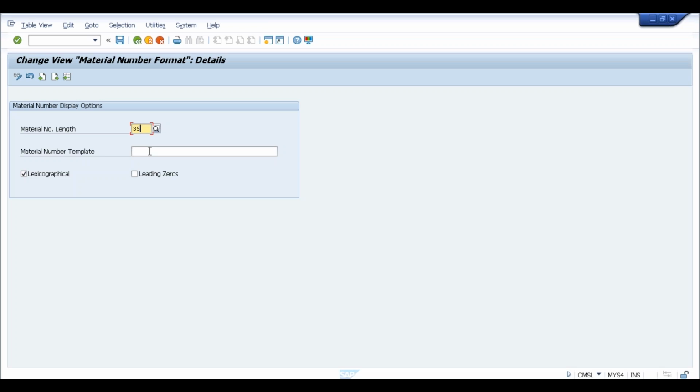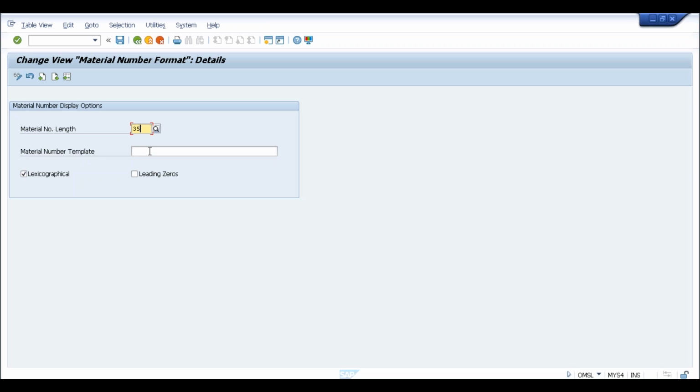Okay, so what SAP has done, they made sure that each and every table, wherever the material number is used, at all those places it will be replaced from 18 to 40 characters. So it is already replaced from 18 to 40 characters in all the tables wherever this material number is used. But the problem is, if you have some custom tables which are holding the material number,